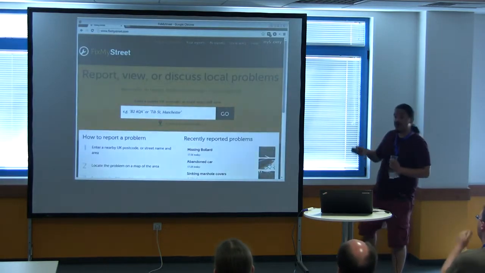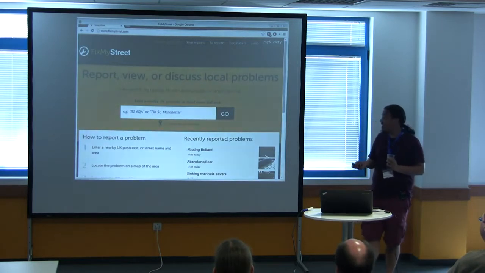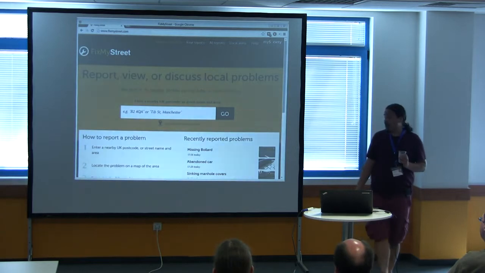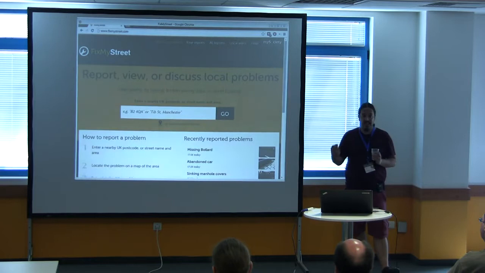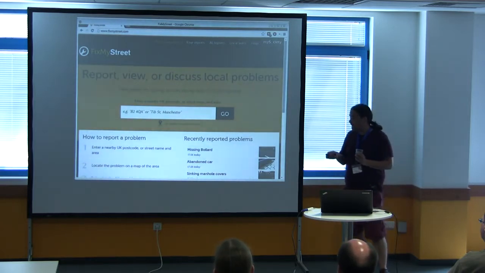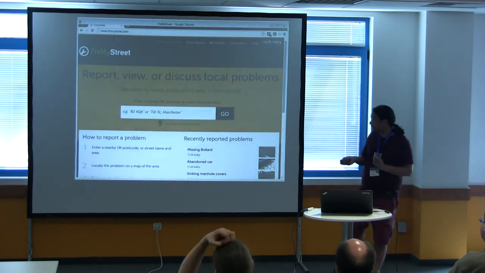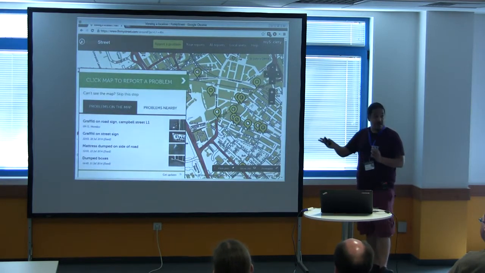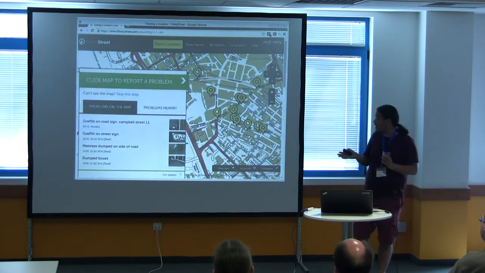So this is FixMyStreet.com, which is our own version of this, and it's available in the UK. As you can see there, you've got basically one big box that allows you to type in your address. And you've also got a button to locate me automatically, which does its best using HTML5 geolocation and so on. So the very first thing we ask is, where are you? And we can then find out. So this is near where my co-working and hack space is, in Liverpool, in the northwest of England.